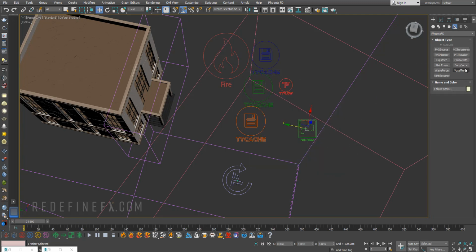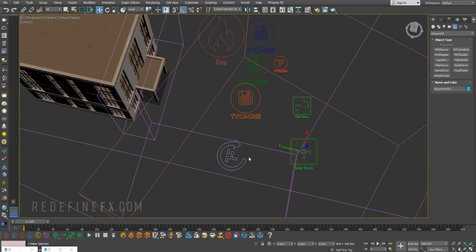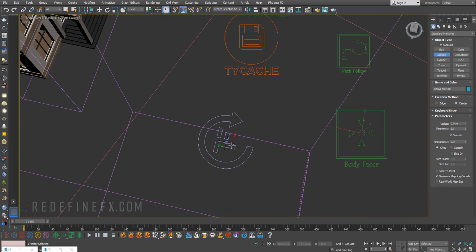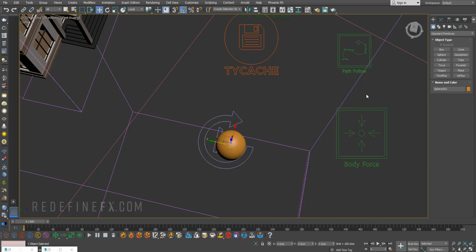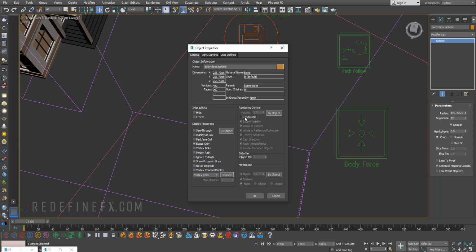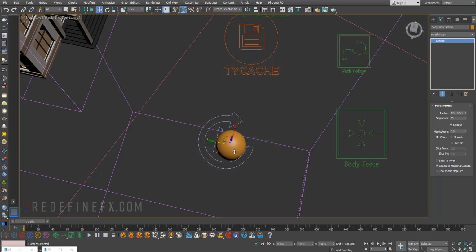And while we're here, let's also create a body force. Now for the body force, we need an object for the smoke to be attracted to. So I'll just make another sphere in the middle of our scene here and call that my body force sphere. Right click, go to object properties, make it not renderable, and right click again, go to Phoenix FD properties, make